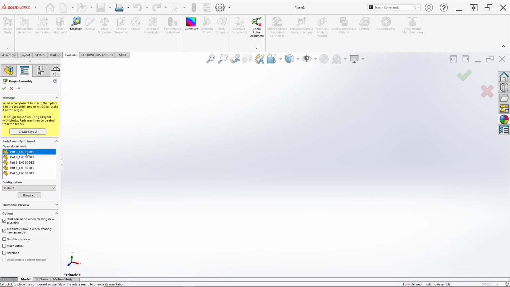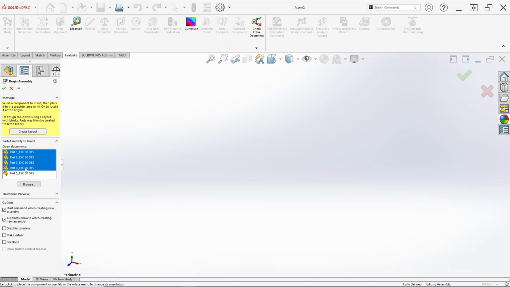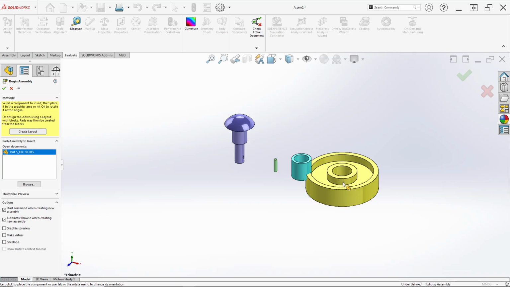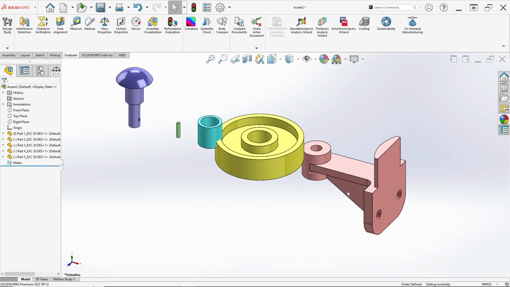Automatically open the document, here we have part 1 until part 5. And if in here not appear, just click browse and in your file. Click Ctrl and select part 1 until part 5. Click on this. Just click left, click and click.